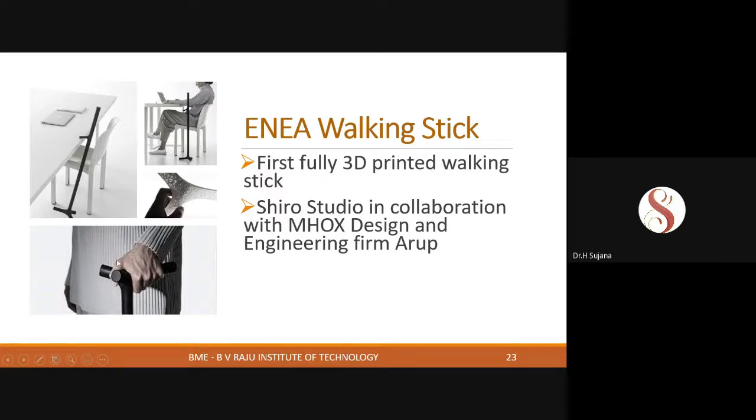You can see the 3-axis handle geometry. It gives good support to the user, and when you're not using it, the 3-axis can be used to rest the stick vertically on the ground. They have also provided a branch-like projection here so that you can rest it at the edge of the table. So it's kind of stylish compared to the other regular sticks. Okay, so this is one application of 3D printing in rehabilitation engineering.